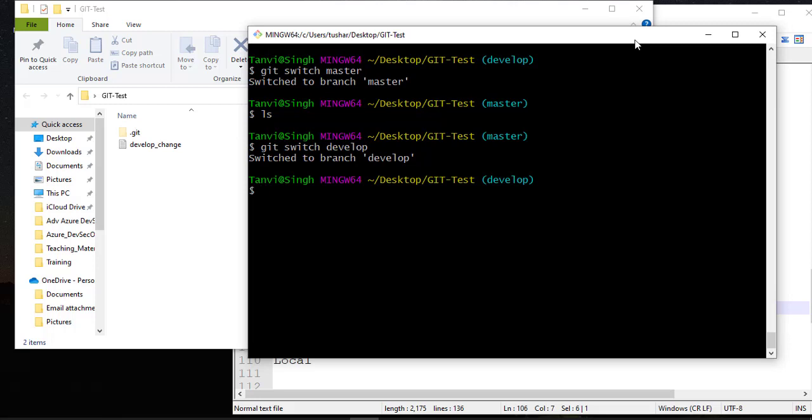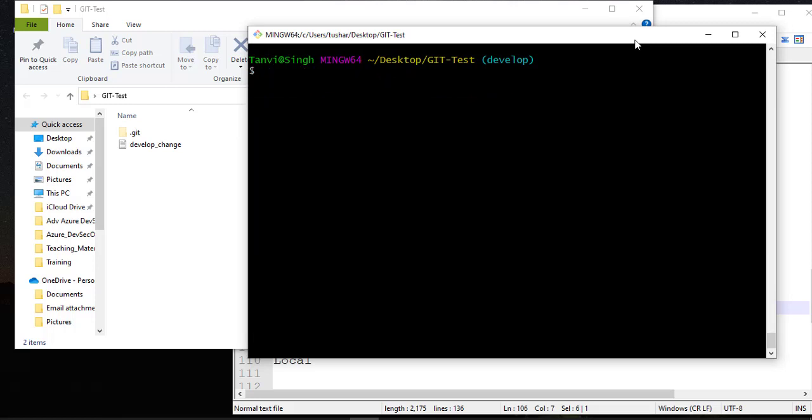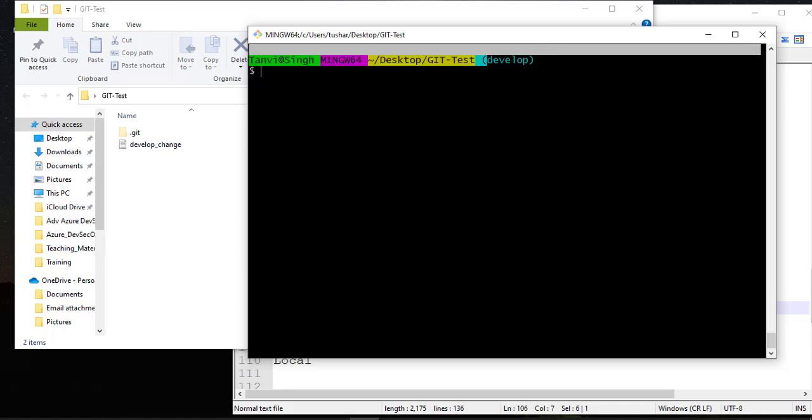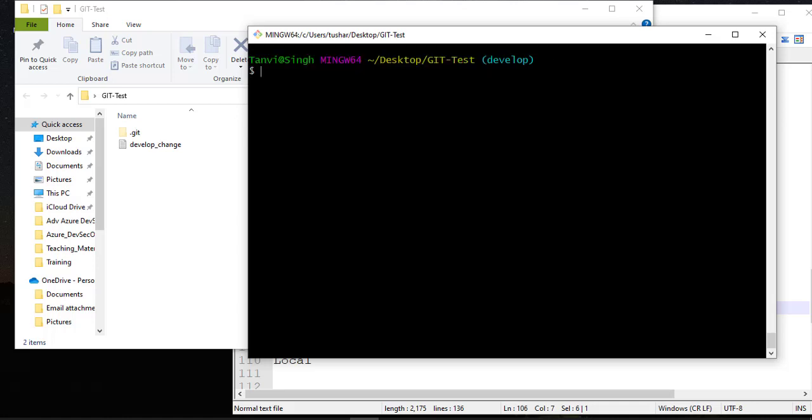Now one more thing. When I was creating a new branch, it was created by default out of master. The reason was, at that point of time when I was creating a branch, I was in the master branch. Currently I'm in the develop branch, and if I create one more branch, the new branch will be created out of develop. Keep that in mind. It will be created based on where you are right now. Where I am right now, I'm in develop. So if I create a new branch from here,